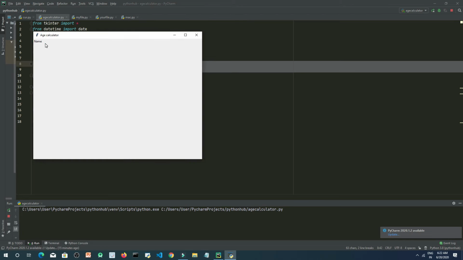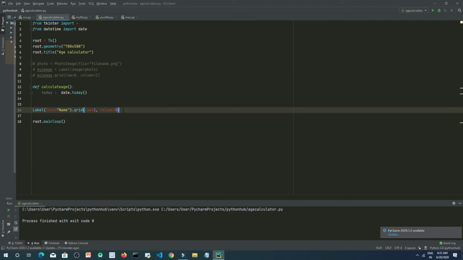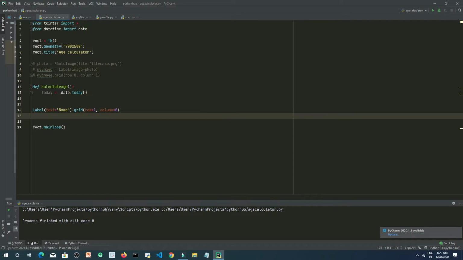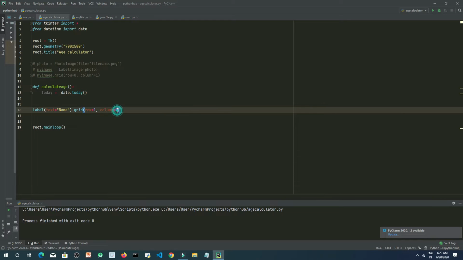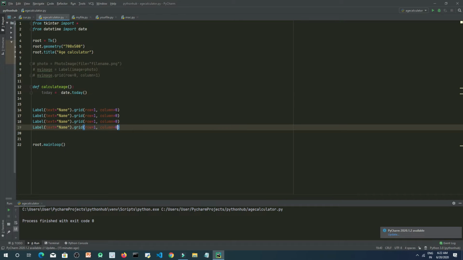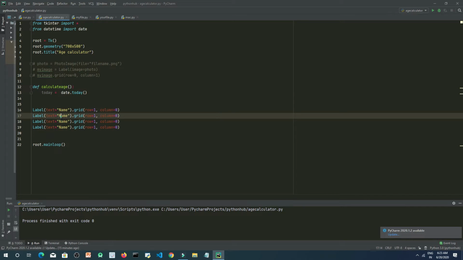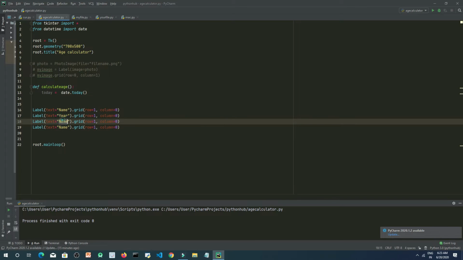So as you can see, we have set a label of name. Okay, so now let's move forward and create a label with year. Okay, so now let's copy and we will ask for the year of the user and month.